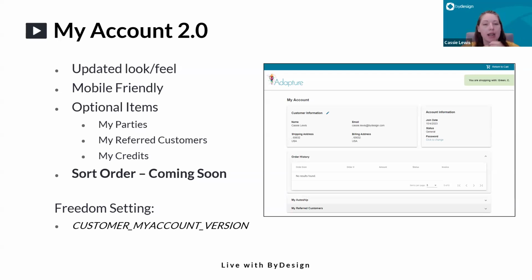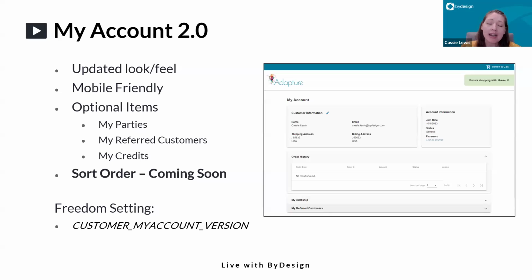even when they're associated to an event or a hosted party. Okay, so parties is one area. Another area is customer referral or credits that are earned. These are all things that can be turned on, turned off, configured to make sure that whatever you choose to offer to your customers, whatever your strategies are, if they're earning points, if they're earning free product credits, if they can refer other customers, you want to make sure that this account area helps them to track their progress. Because if they can't see the success they're having, it's not going to encourage them to do more. So having these optional items available that you can turn on helps your customer to take ownership of their engagement with you and realize what they're earning,